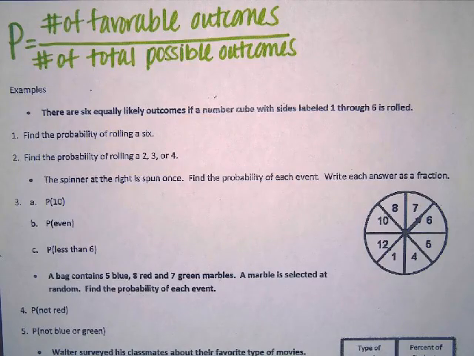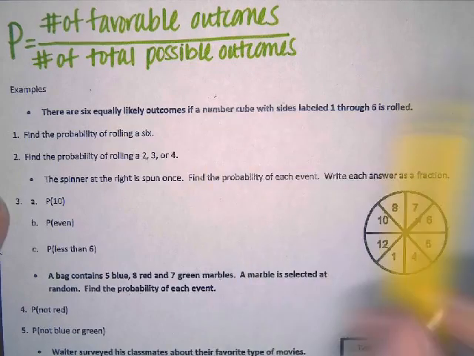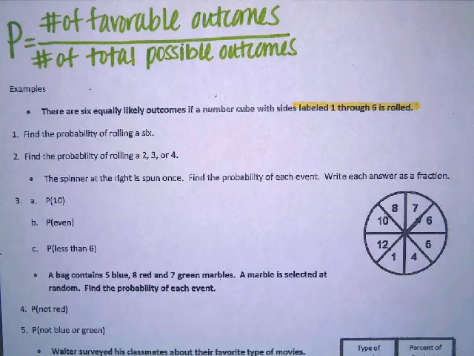Some examples. The first one says there are 6 equally likely outcomes if a number cube with sides labeled 1 through 6 is rolled. This right here tells me that the numbers on this cube are 1, 2, 3, 4, 5, and 6. The first question says, find the probability of rolling a 6. This might also be written as P,